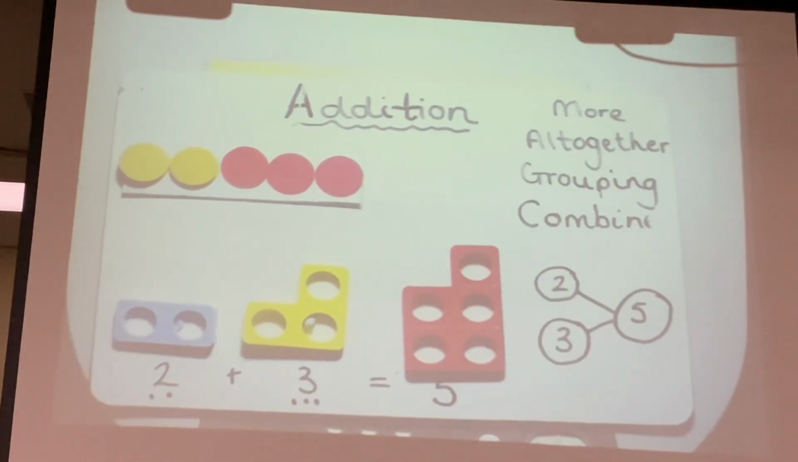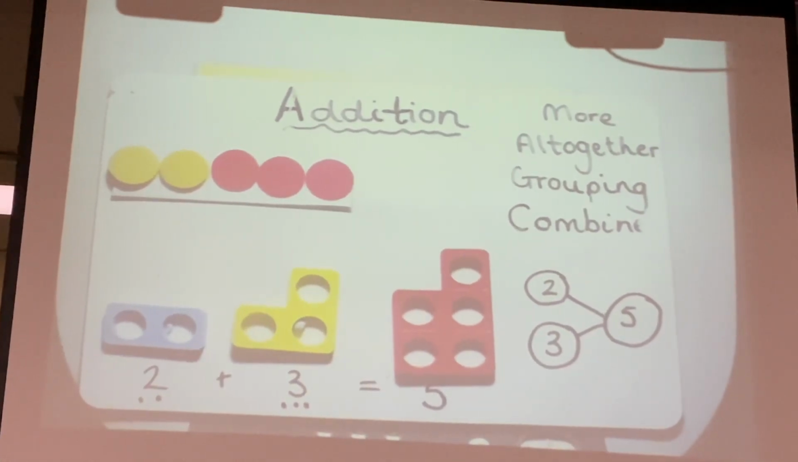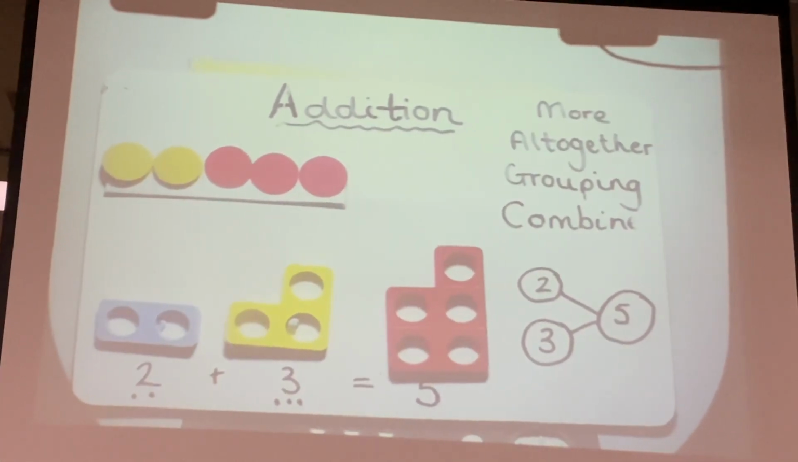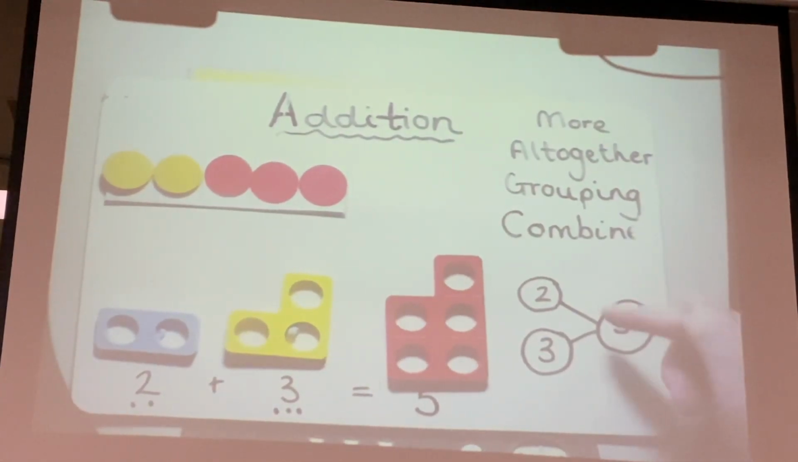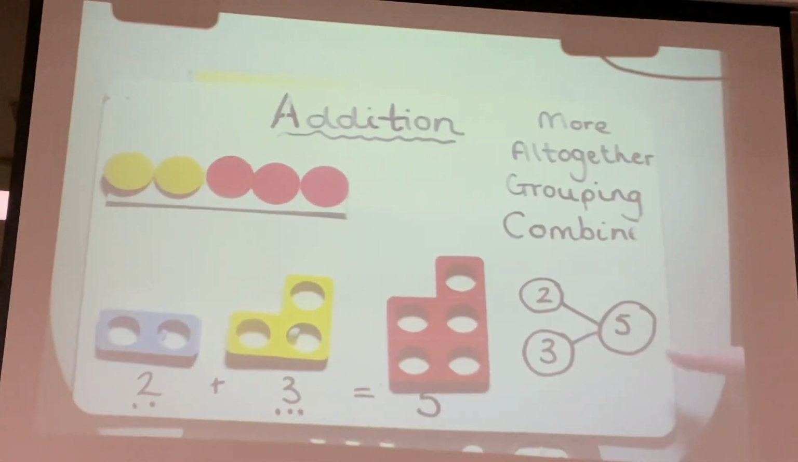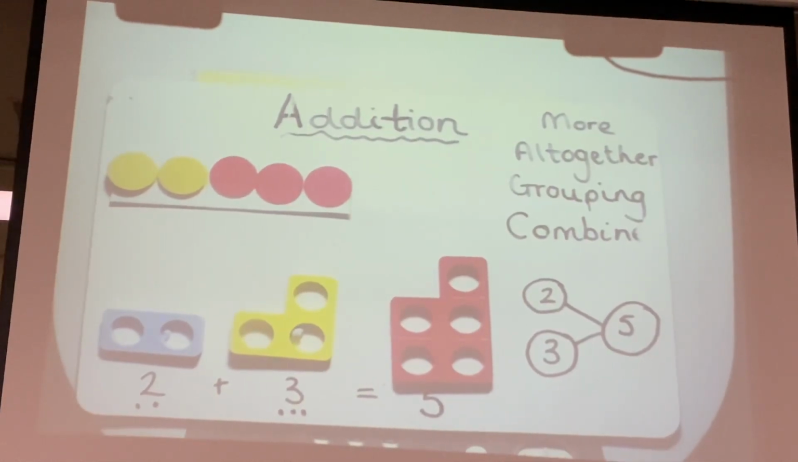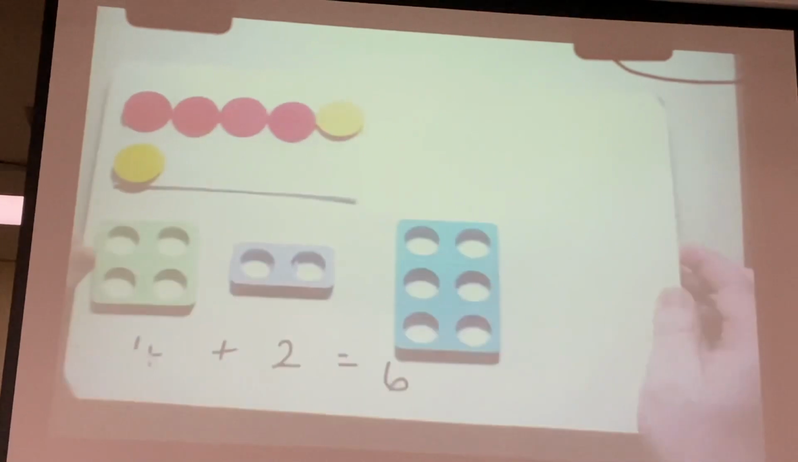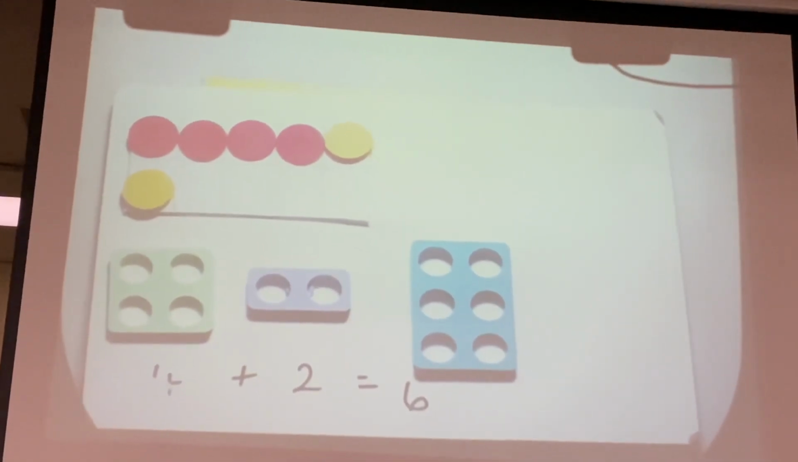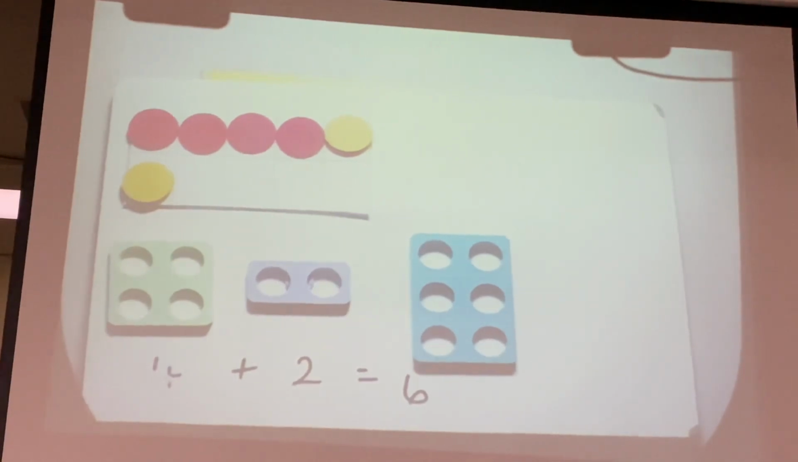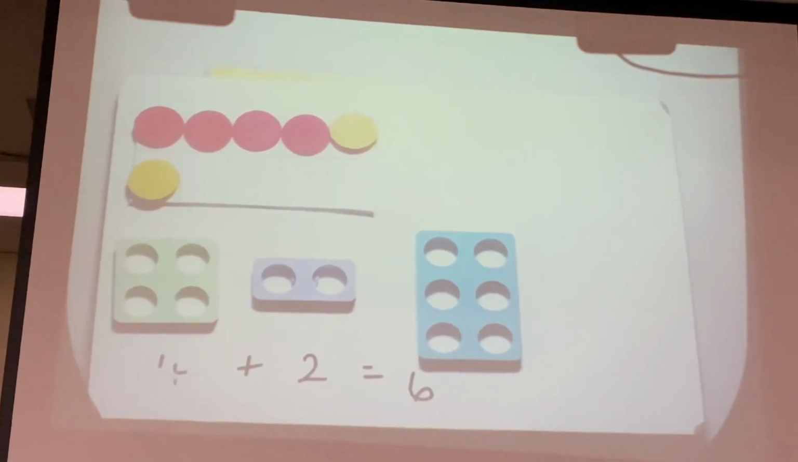They are Numicon, and we use it throughout the school, don't we? Yeah. So as well, we've got the part-part-whole, so you can see 2 and 3 is 5 as well. It moves on to the 10 frame. So yet again, we're still using the same resources, and then eventually we do start writing number sentences as well,